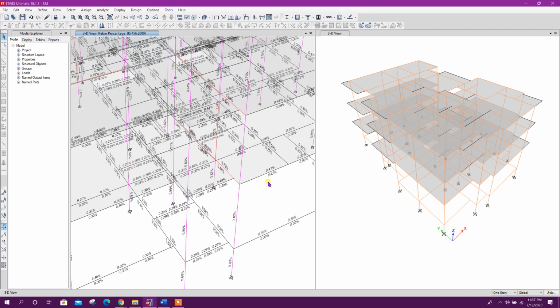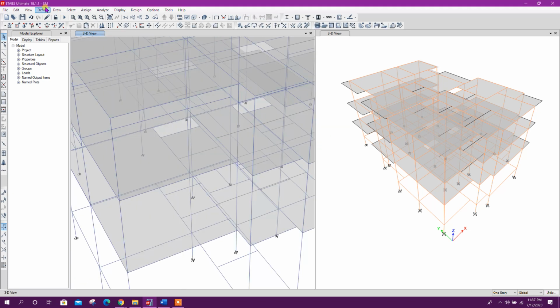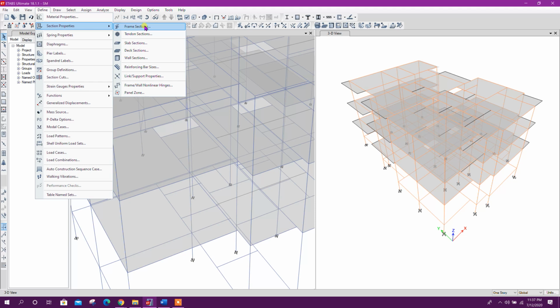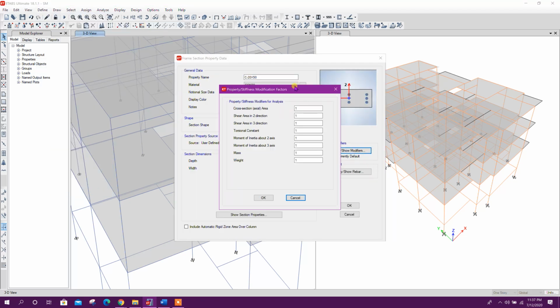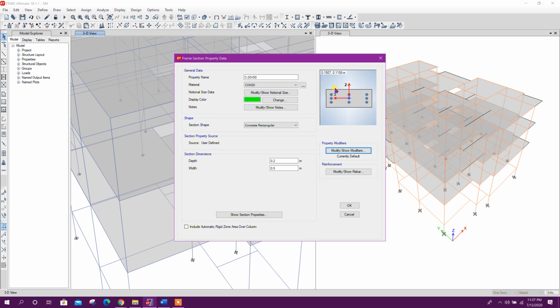So what is the best way to use stiffness modifiers? We will not define section properties with stiffness modification factors or property modifiers. We will keep all these values as they are, with factor 1.